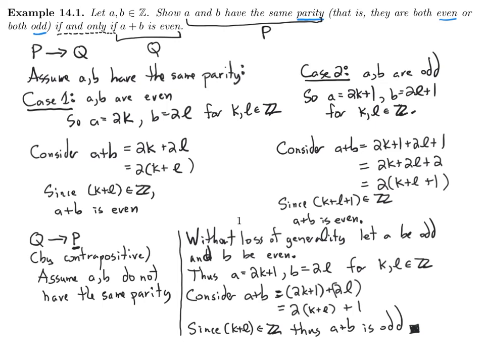So if they have different parity, well, one's odd, one's even. And since nothing will change if we swap where B and A are here, the argument's going to be the same. So we could just say, without loss of generality, we'll say A is the odd one and B is the even one. The argument would be the exact same if these roles were reversed. And we just do a quick little proof of that. We proved it, we're done. So the if and only if statement has been